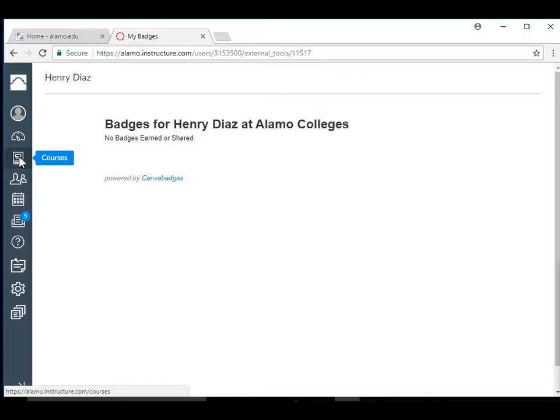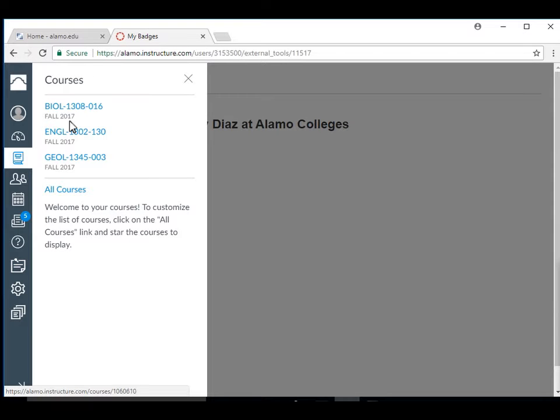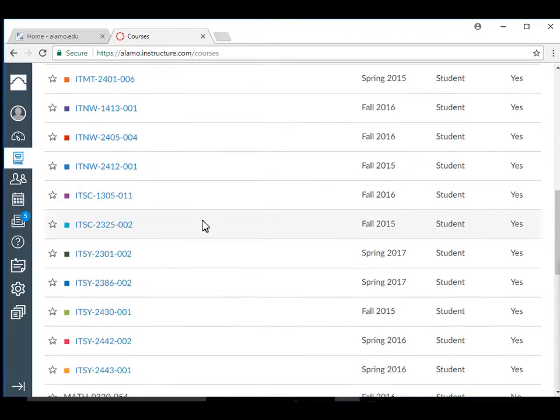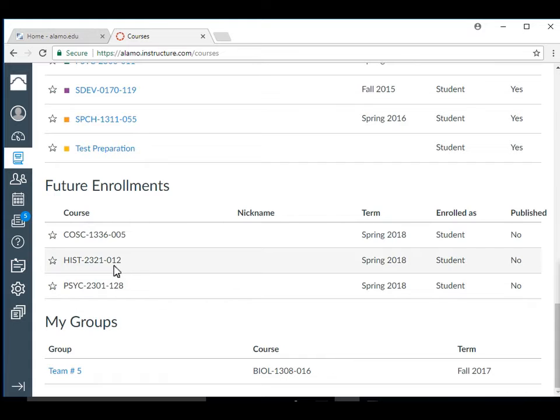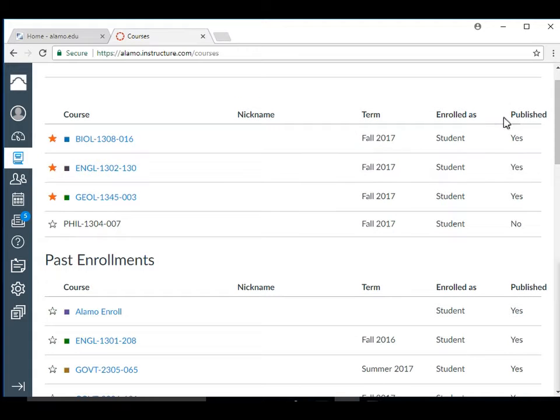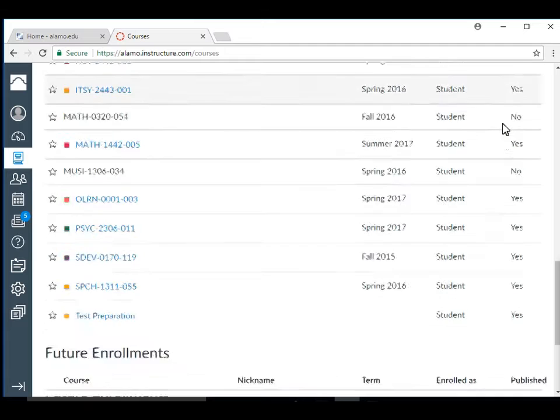So let's go to the next link, which will be the courses, and it'll show all the courses I'm taking this semester. And also, if you click all courses, it'll show you the courses that you have taken, or even future courses too. So that's pretty cool. It even shows your My Groups. It shows you your term, if you're enrolled. Published means if they already set up